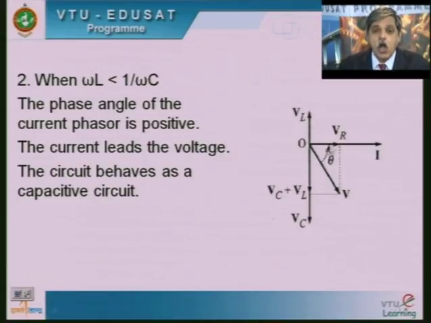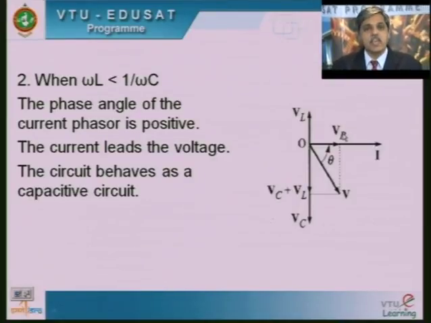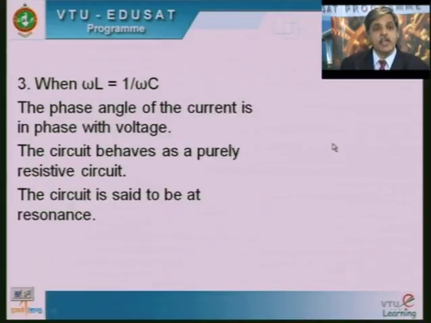So it appears that all the voltage given to the RLC circuit is just equal to VR. It does not mean that the inductor and the capacitor are not carrying any voltage. They are carrying voltages. There will be voltage drops across them, but those two are equal and opposite, therefore they are neutralized. Since the total voltage is equal to VR, and VR is in phase with the current, the current is also in phase with the voltage. Therefore, a current in phase with the voltage can happen only in resistive circuits.